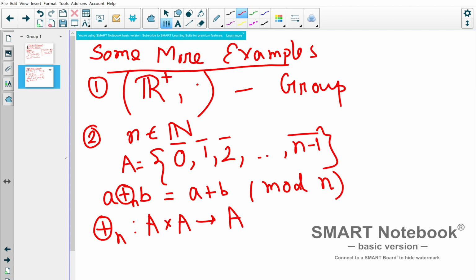Clear? So you check that 0 bar is the identity, and similarly, given any integer modulo n, the inverse of